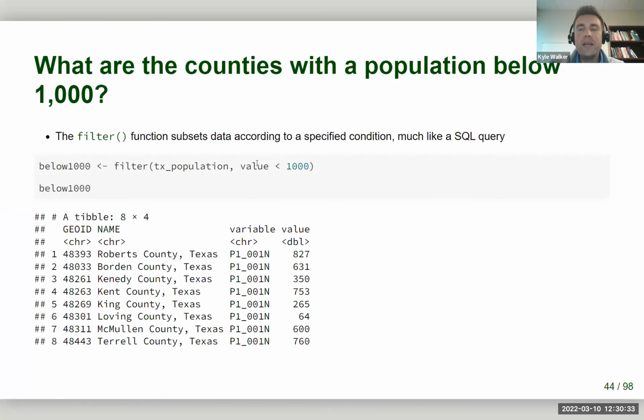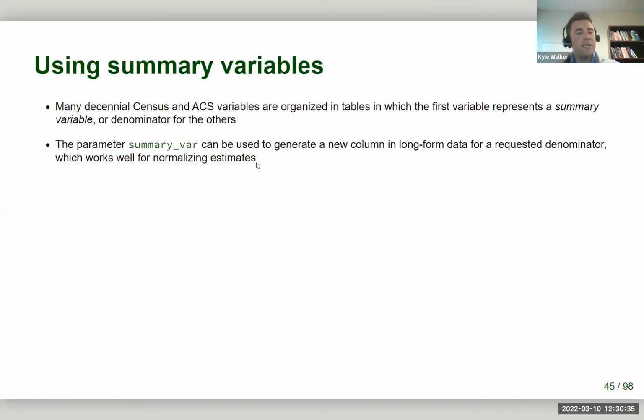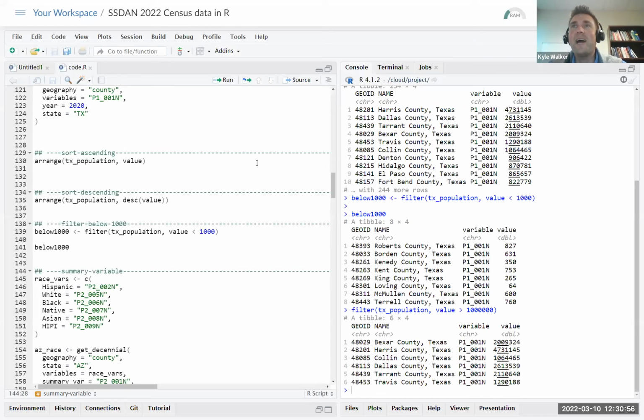All right, so now you've gotten a little bit of a sense on how to subset your data and how to explore your data a little bit. In many cases, however, you're going to want to derive new data from existing data. And a common use case for this is calculating percentages or proportions. For example, if you have a state like Texas, where you have counties ranging from 4.7 million to 64 people,